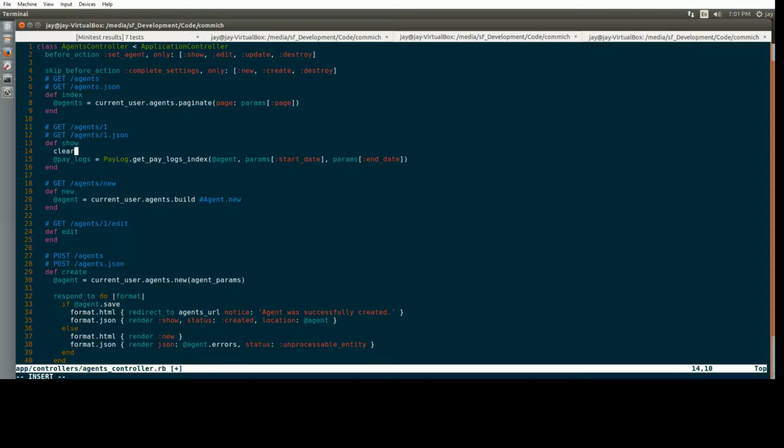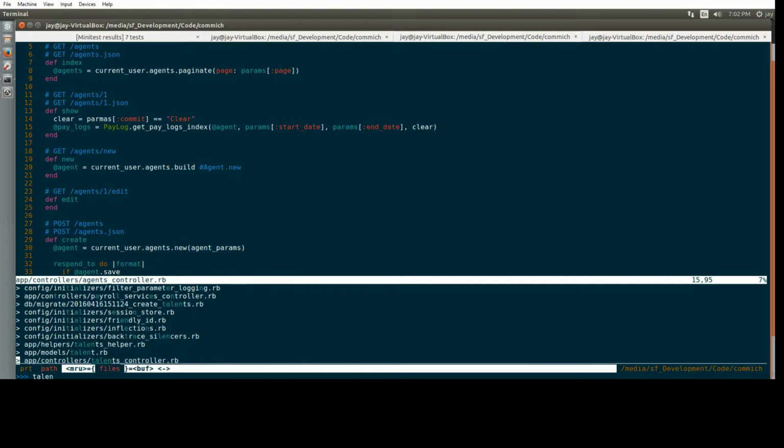So clear equals params commit equals clear. And then over here, I can say clear. All right, now I do use this somewhere else, and I believe it's in the